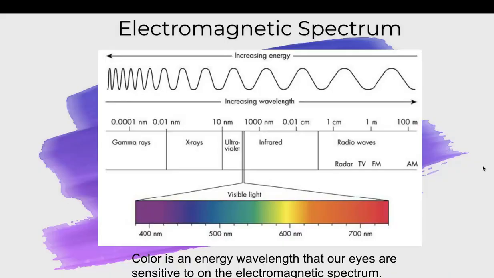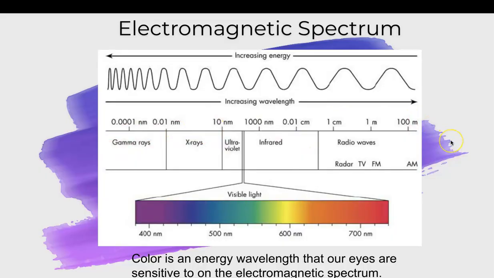So color is organized on this spectrum of light called the electromagnetic spectrum. And color is actually an energy wavelength that our eyes are sensitive to. Our eyes have evolved to see color. We can only see this part of visible light, but all these other types of wavelengths, we cannot detect them